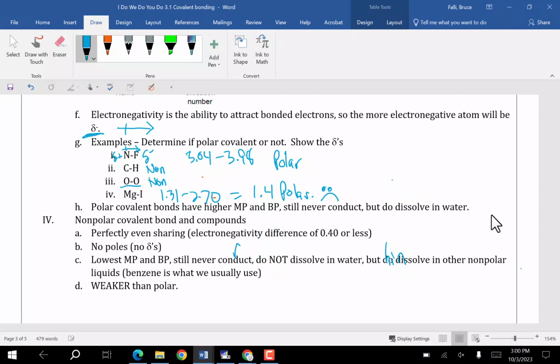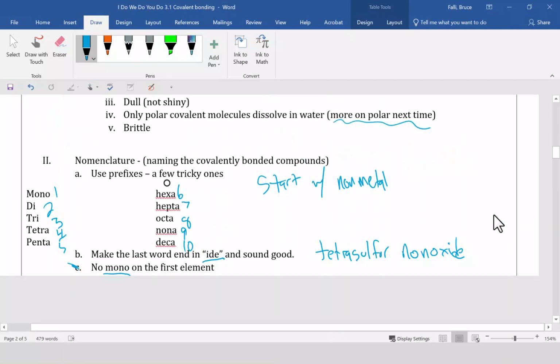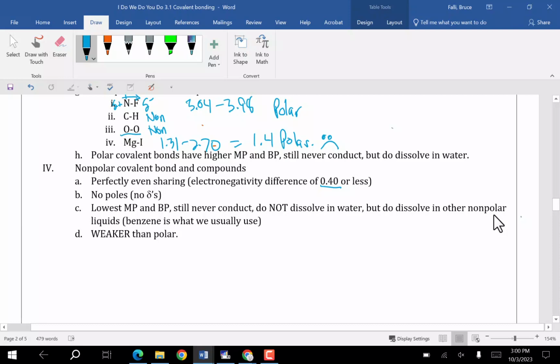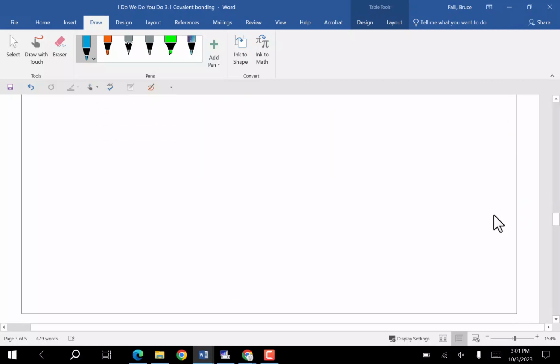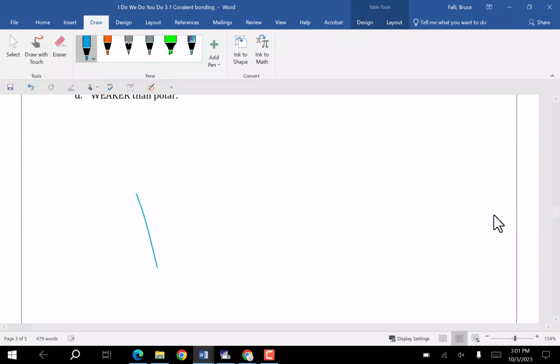All right. Non-polar covalent bonds and compounds. Non-polar covalent bonds have perfectly even sharing, electronegativity difference of 0.4 or less. No poles, so I do not draw deltas. Also, no arrows. The lowest melting and boiling point. They never conduct. They do not dissolve in water, but they do dissolve in other nonpolar liquids. And they are weaker than polar. And that is it. We've learned all we need to know about covalent. To that, I will say,